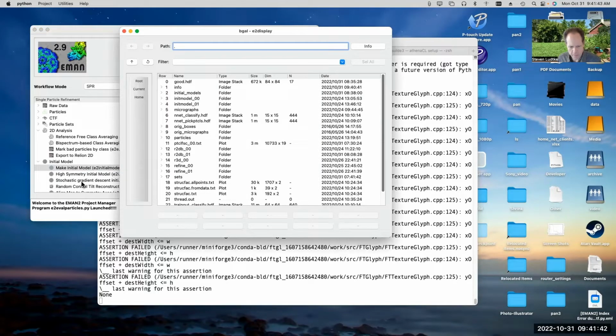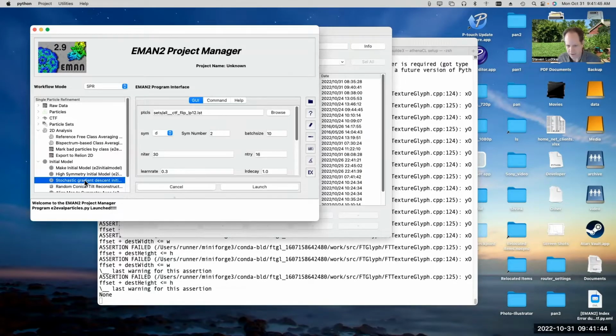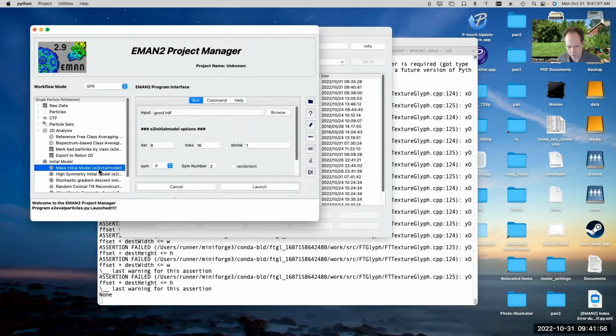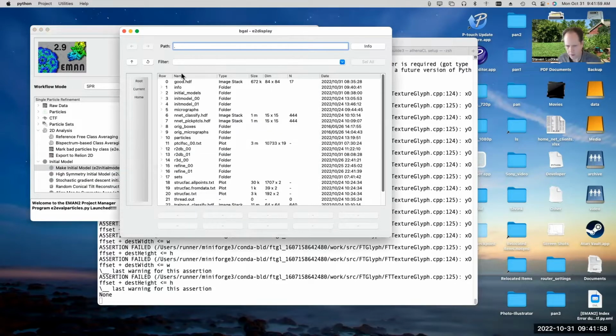Or there's a new program here called Stochastic Gradient Descent Initial Model Generation, which doesn't actually require class averaging at all. And in fact, it will often run better if you give it raw particles than it will if you give it class averages. So if we want to run this approach, first thing we need to do is go